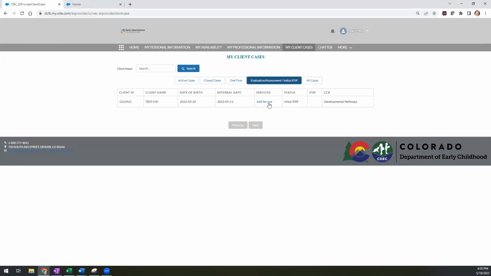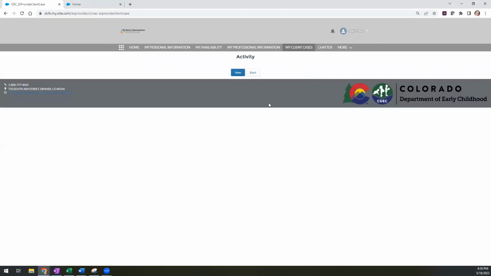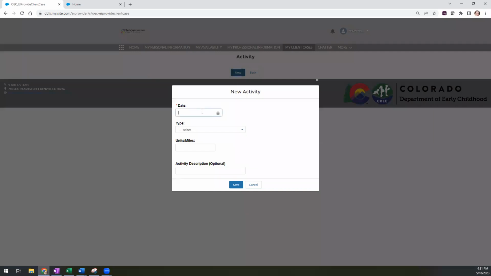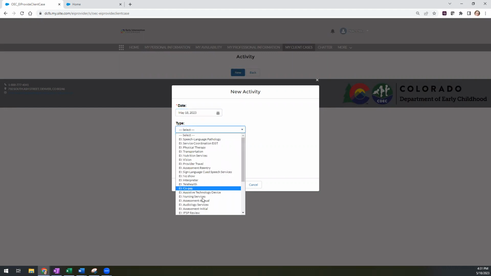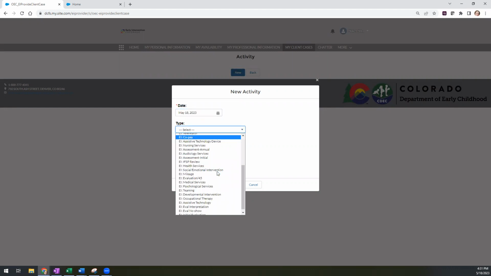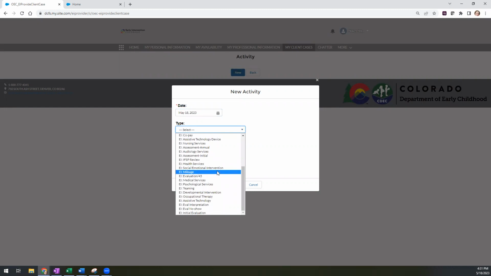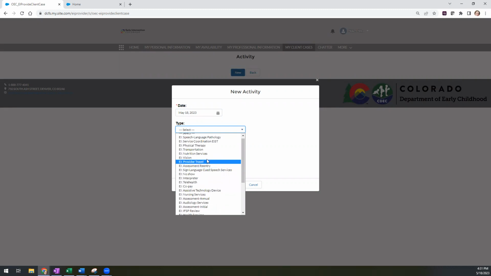So for Test Kid, we are going to go ahead and add a service. This is an activity. We're going to add a new activity. We're going to select the date of the evaluation. We can make that today. And we need to select what the service is. Again, this is an initial IFSP development. So we are going to go ahead and call this